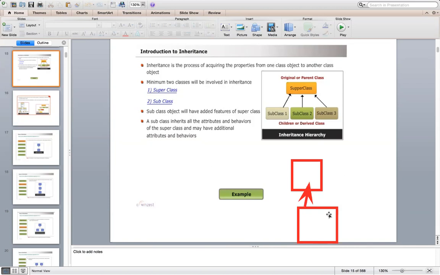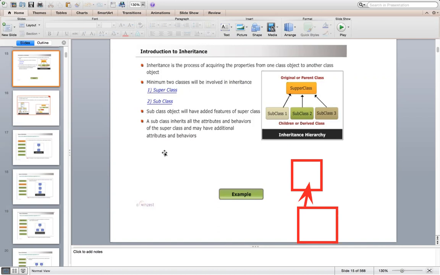What you can do is simply write a class that extends the existing class, so that all existing class data members, methods, everything are available to you. That is the first thing. Second thing, you can have your own features added to your subclass. And third thing that is possible is, you can redefine the behaviors which are provided by your parent class. This concept is called overriding. Through inheritance, three things are possible.